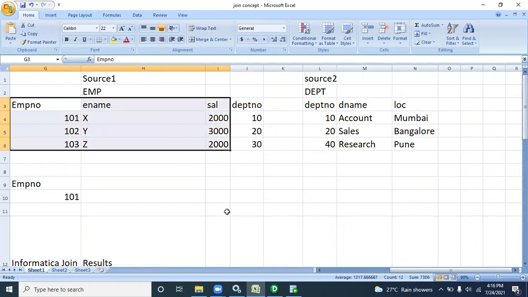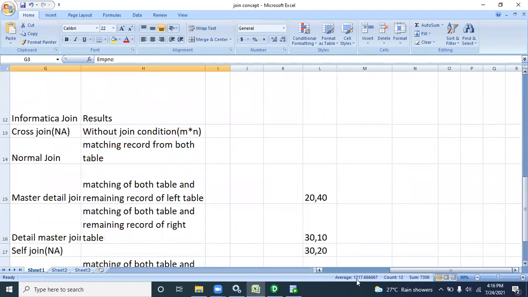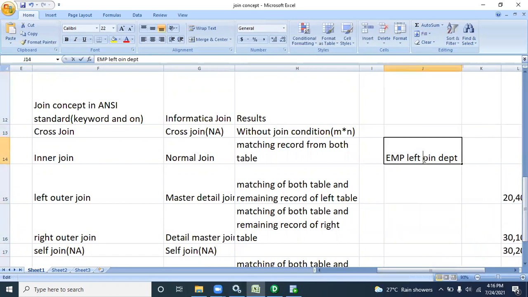Suppose I am writing the logic, EMP left join DEPT. That means EMP is the left table and DEPT is the right table.